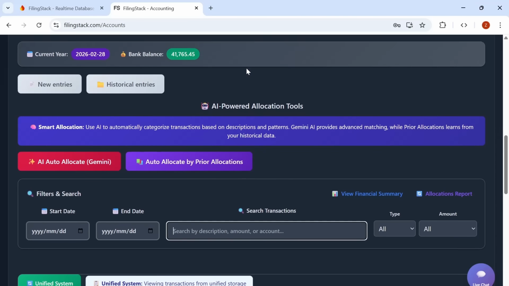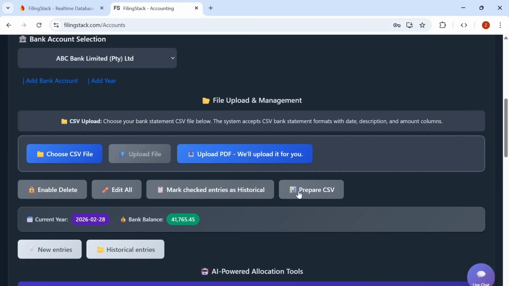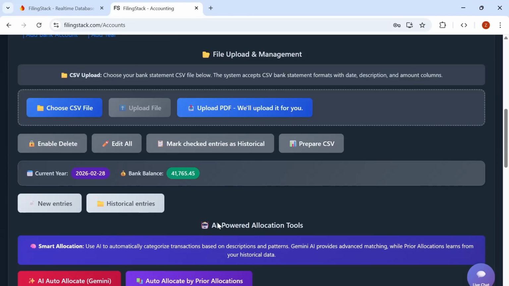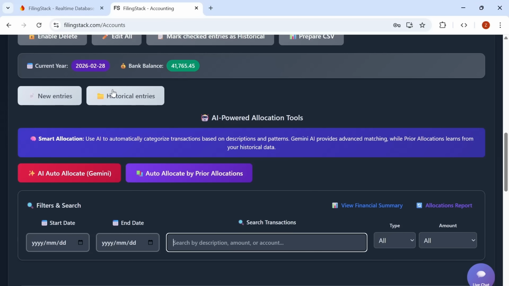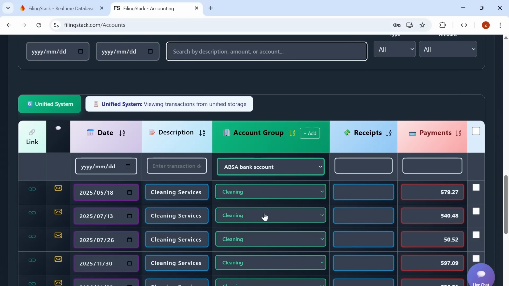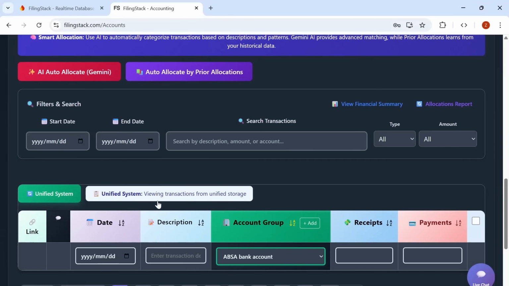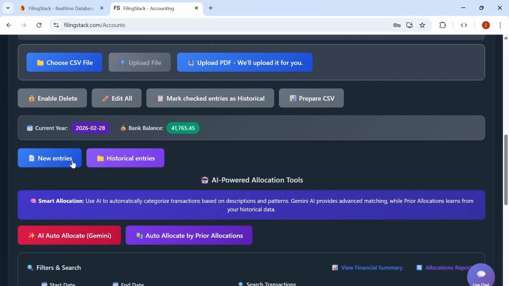If we scroll to the top here, we do have options to export all of the transactions to CSV, as well as to separate older and newer transactions. So if we tick on a transaction and click this mark checked entries as historical button, what that will do is it will move it over to the historical entries tab. We can see that the current year that is selected is the year ending 28 February